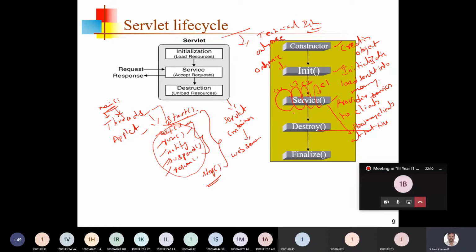to the clients has been completed, then the container will know that the servlet has to be destroyed from the memory. Once the servlet container decides to destroy the servlet, within the servlet implementation the destroy method will be called.